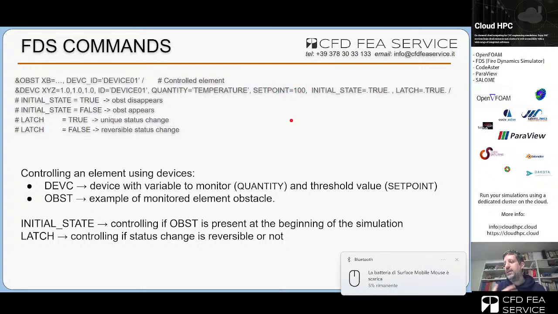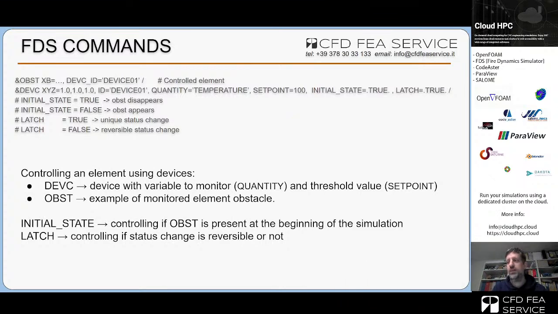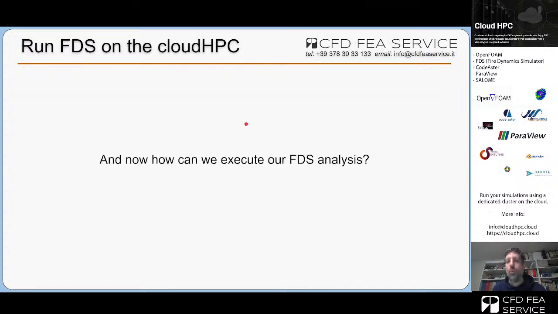So as you can see, BlenderFDS is very useful in generating the geometry. At least the way I personally use it is for that, and then I manually edit the FDS file with some advanced configuration. But once we have generated the FDS file, how can we run a simulation? What can we use? Obviously, you know, FDS